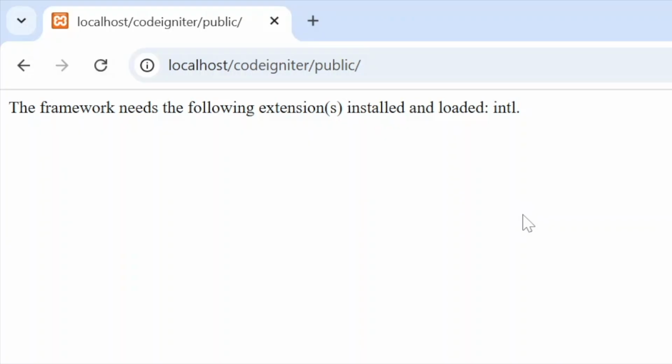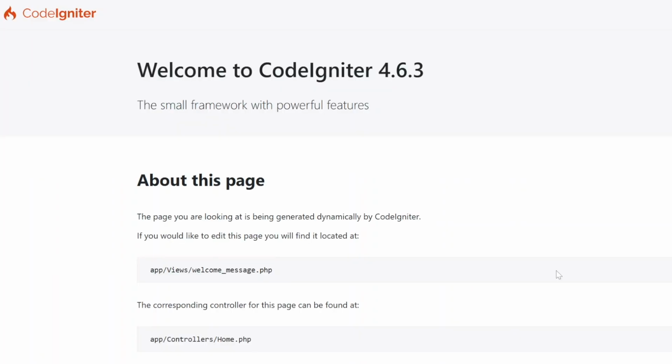So back on the web browser, if you reload this page, it should work. If you see this page, that means your CodeIgniter project has been set up and is